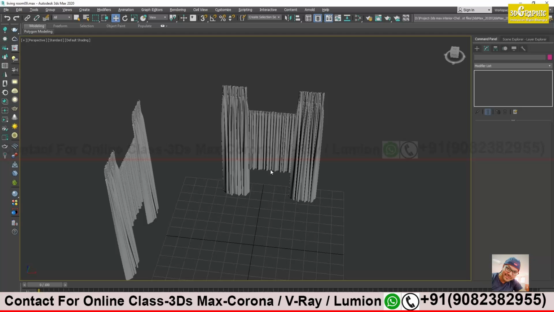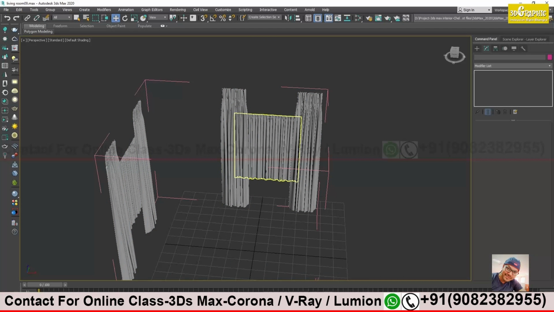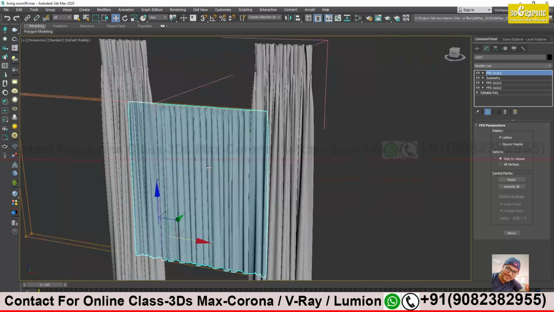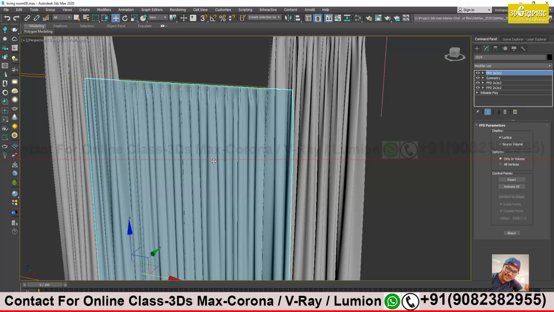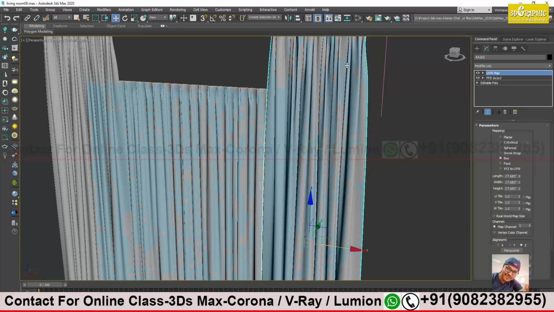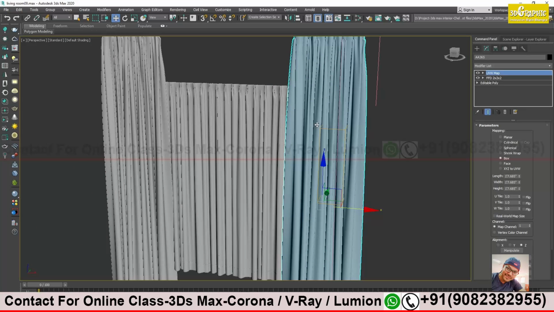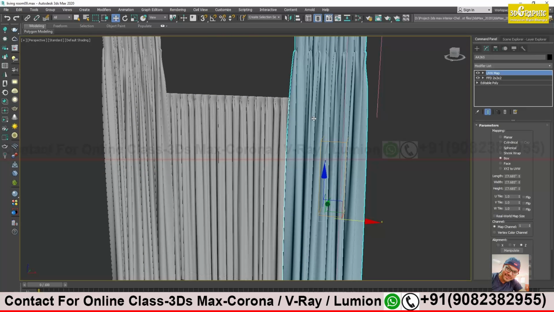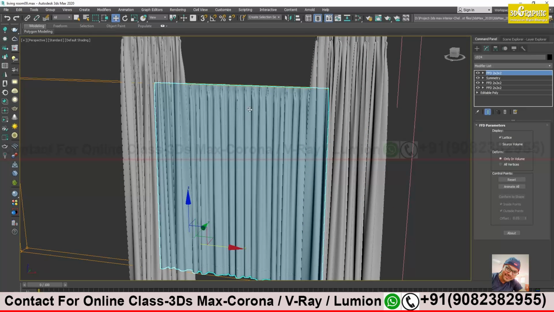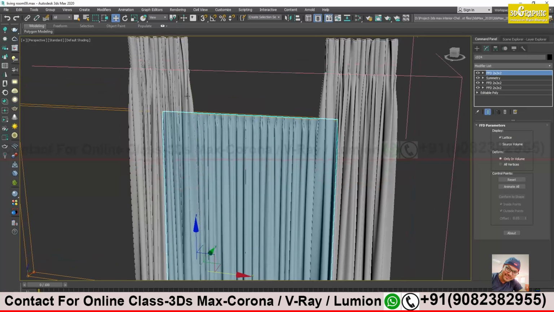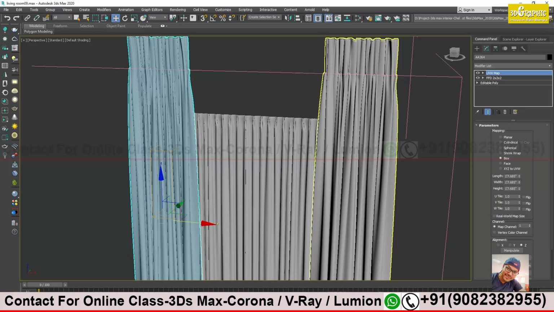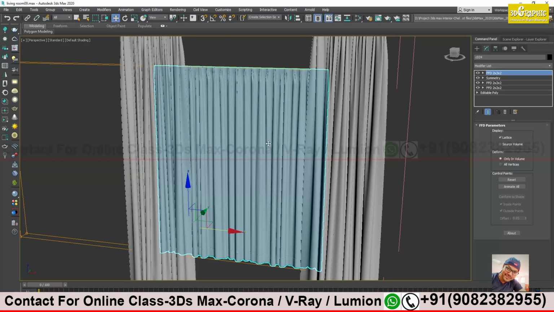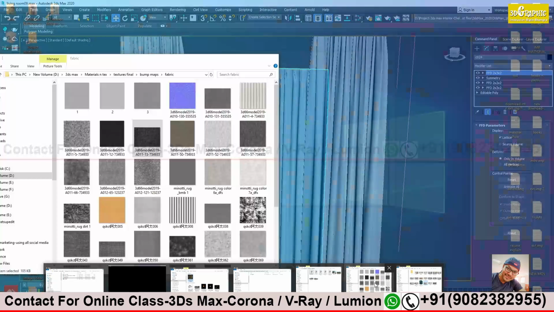Okay, F3. I think this is in group open. First deal with this one. So what happened now? My concept was this would be very much transparent, and this would be less transparent. This would be a darker shade of curtains. This will block more light, and this will be a lighter shade of curtain. This will allow light to pass through, like 90%, 80% light would pass through. This will be a little glow, like a whitish glow, and this will be little dark color curtains. So that was my concept, so I will follow that only.